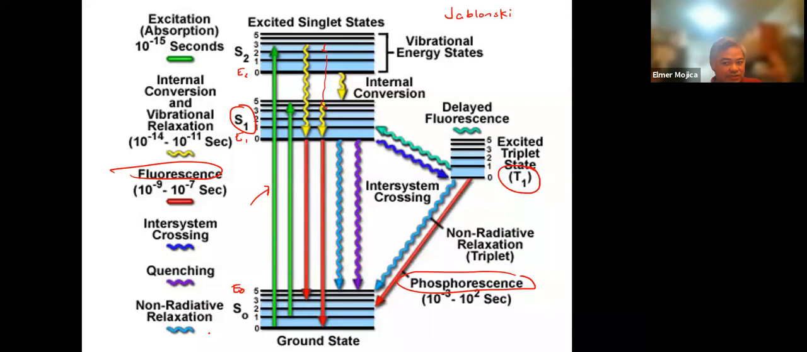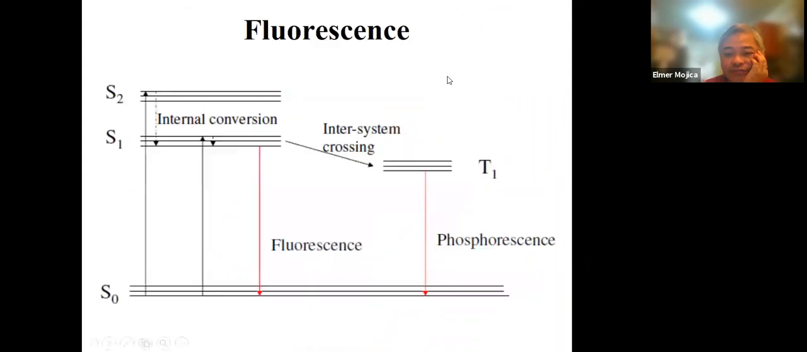So the Jablonski diagram gives you more information about what's really happening in the process of luminescence. So I hope this gives you more detail about this luminescence thing. Questions so far? Okay, so if we have this fluorescence, so if you're going to look at this, this is